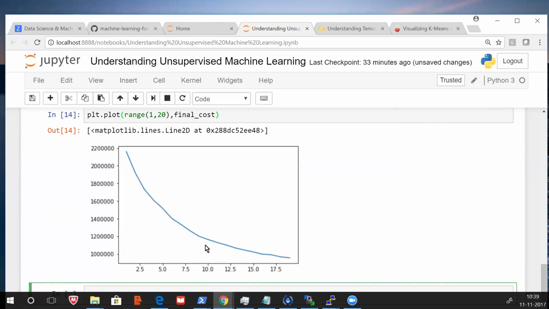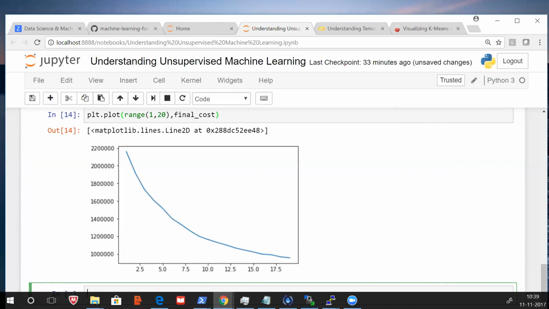Exactly. And you know why this is 10? Because actually there are only 10 types of clusters possible here, right? You can see the steepness here. After this, it is very slanted. Of course this cannot be fractional, it should be a whole number. So you take it figuratively as 10, 9 or 10 or something, right? And so it really tells you that there are 10 good clusters, and that is what our data is. MNIST data means all digit characters are there, 0 to 9. Understood how we do it?